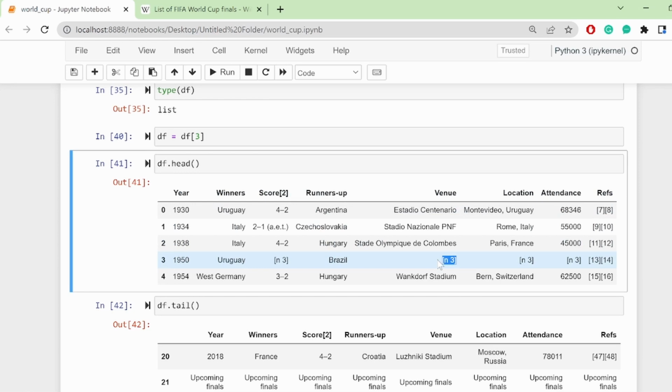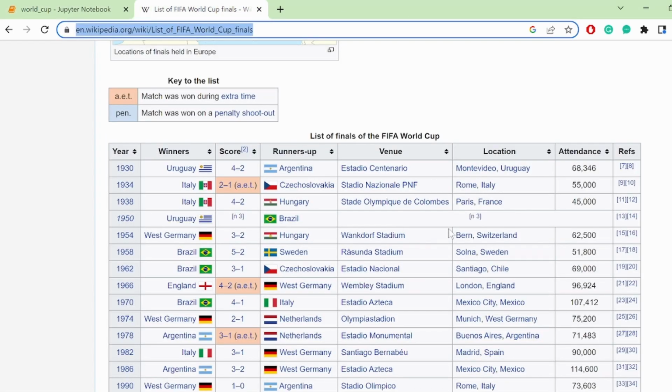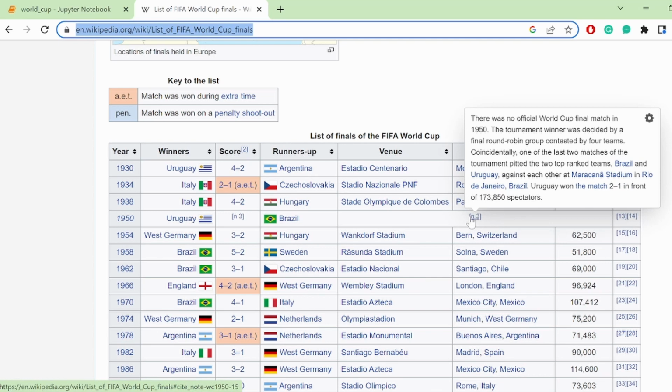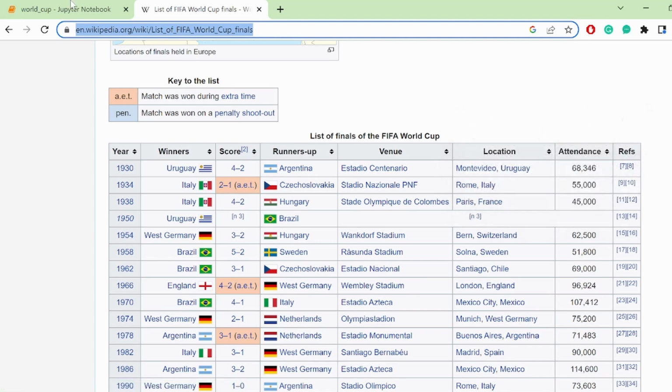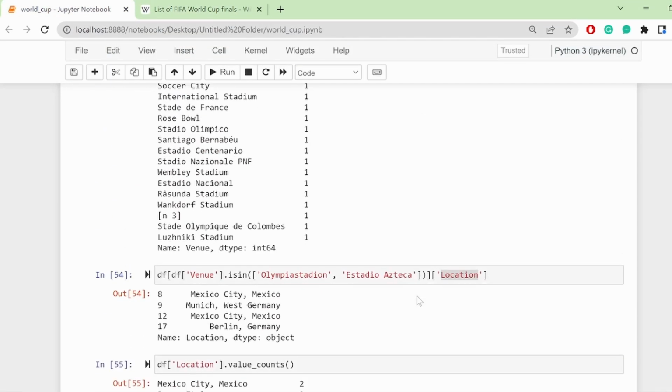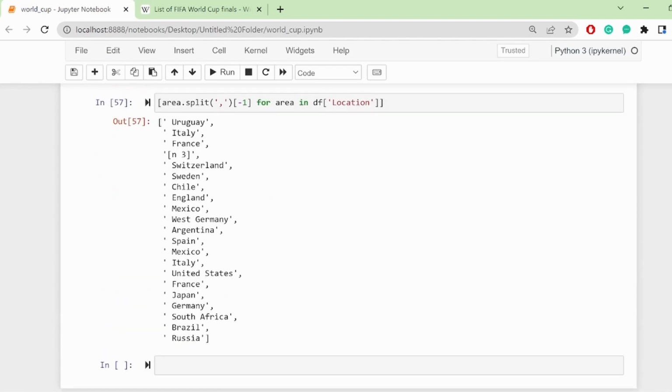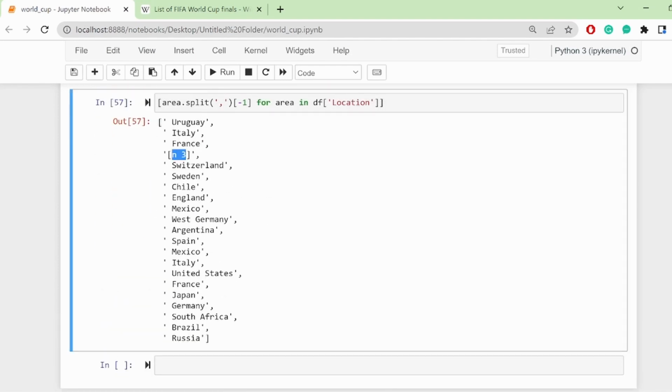The problem is there was no specific World Cup finals, hence meaning the venue of the finals and the location of the finals and the attendance was not there, because what happened is that there were 4 matches that were played. Let's just look at that. If you look here, you'll see there was no official World Cup finals match in 1950. The tournament winner was decided by a final round robin group contested by 4 teams, coincidentally one of the last 2 matches of the tournament, etc, etc. So there was no specific finals. So yeah, that's why you can find that there. But we can continue here, and